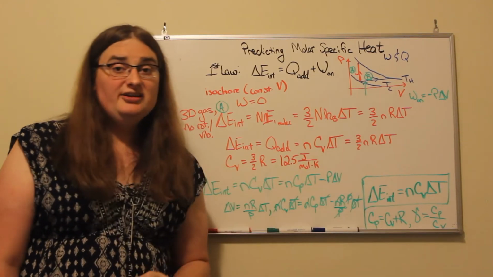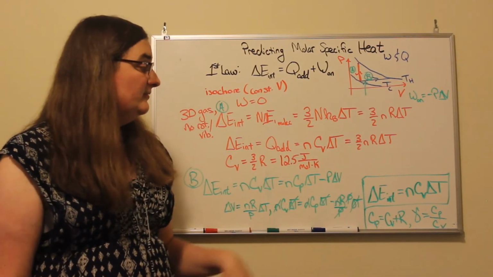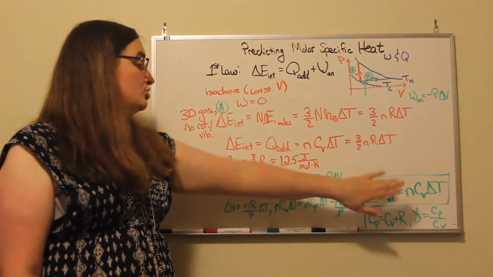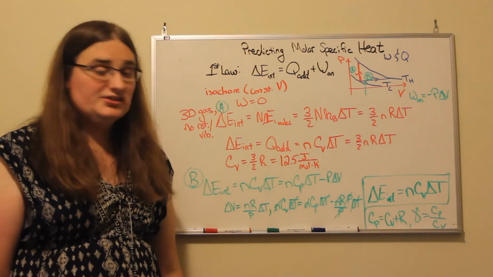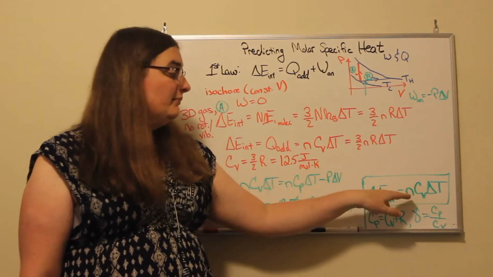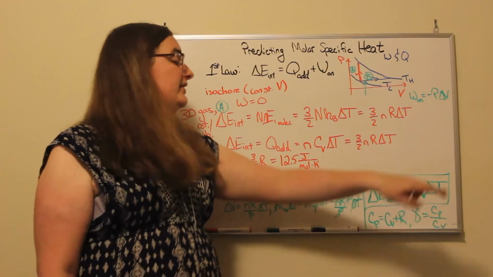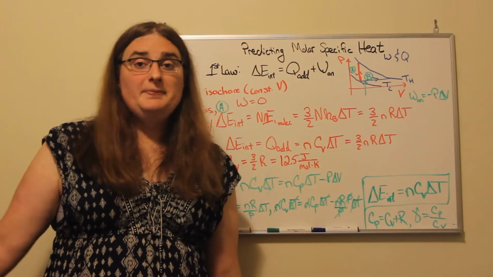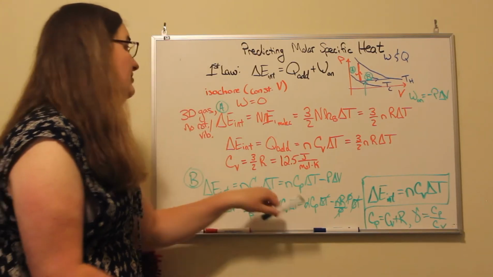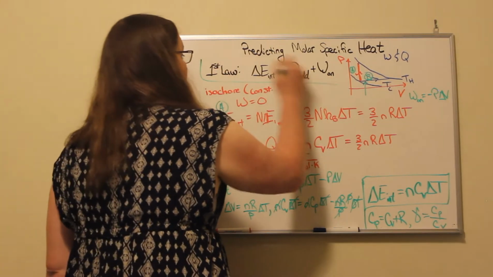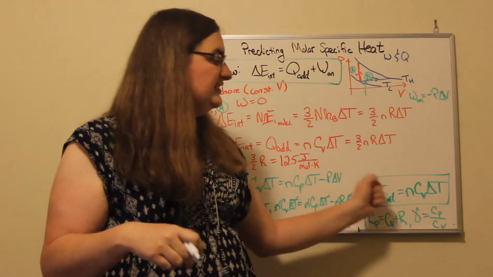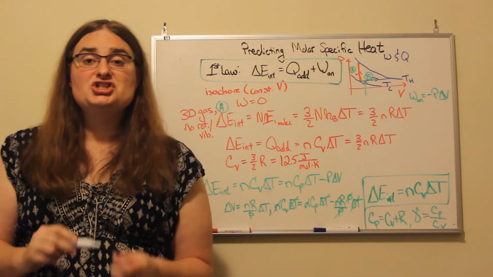So in the bottom right hand corner, I've put a few things in boxes. This is a relationship that is true for an ideal gas. The change in internal energy is always going to be the number of moles of gas that we have times whatever the constant volume heat capacity is times the change in temperature. And the first law is also always true too. Those two things are always ways that we could take a look at and evaluate the change in internal thermal